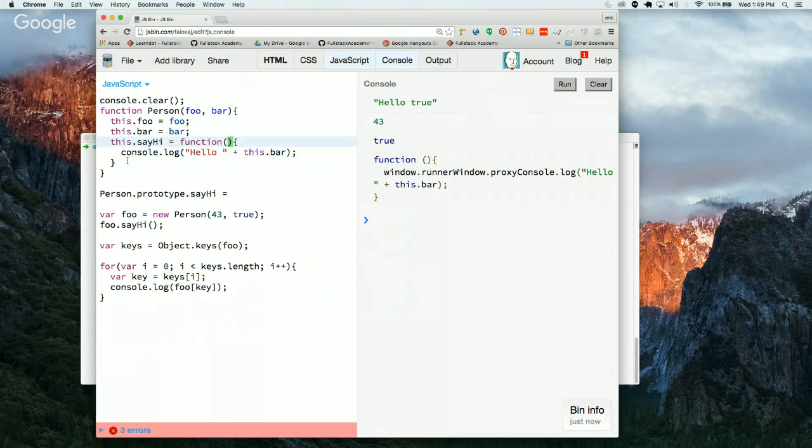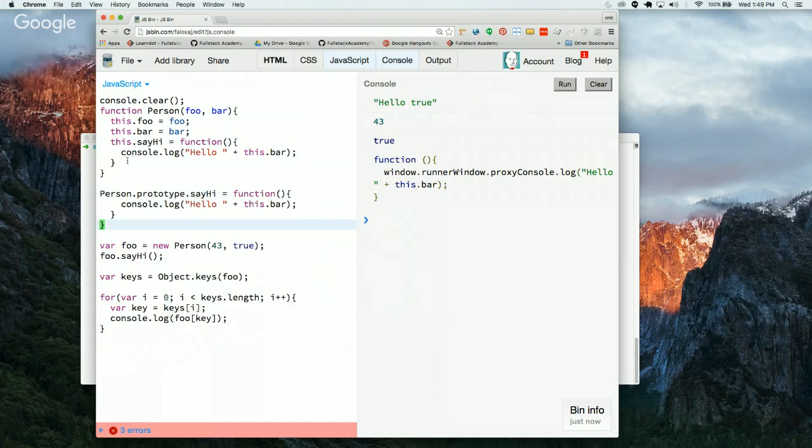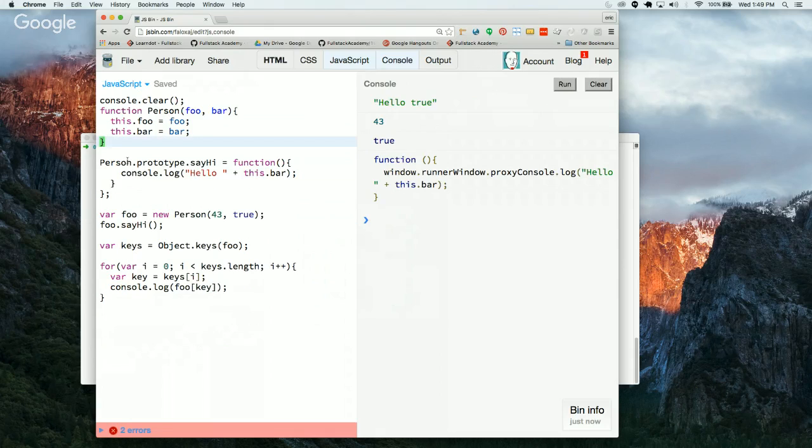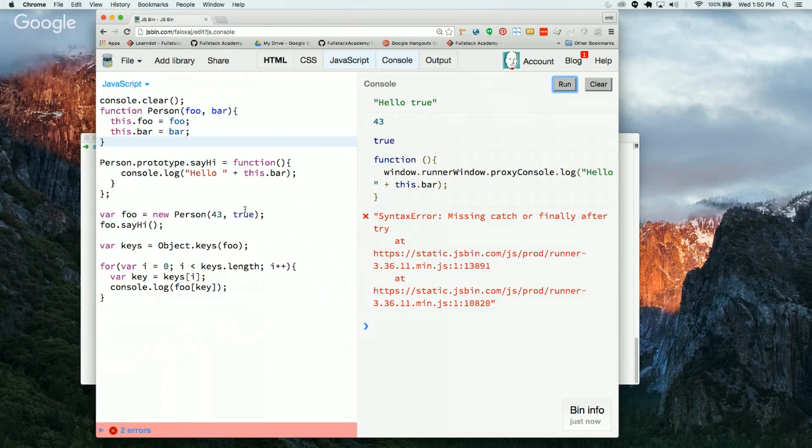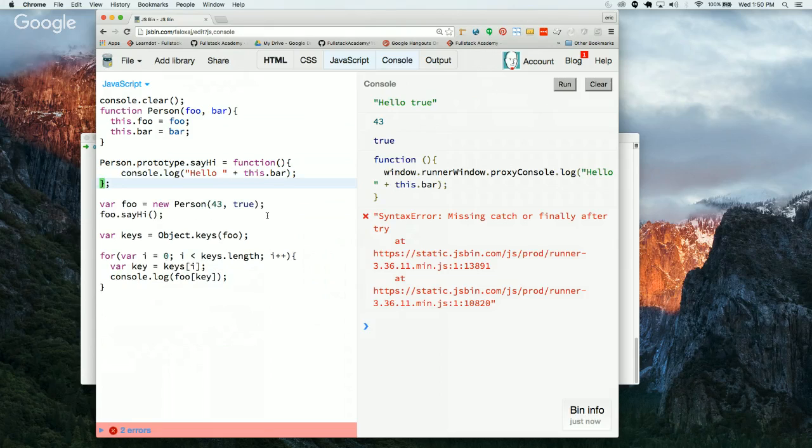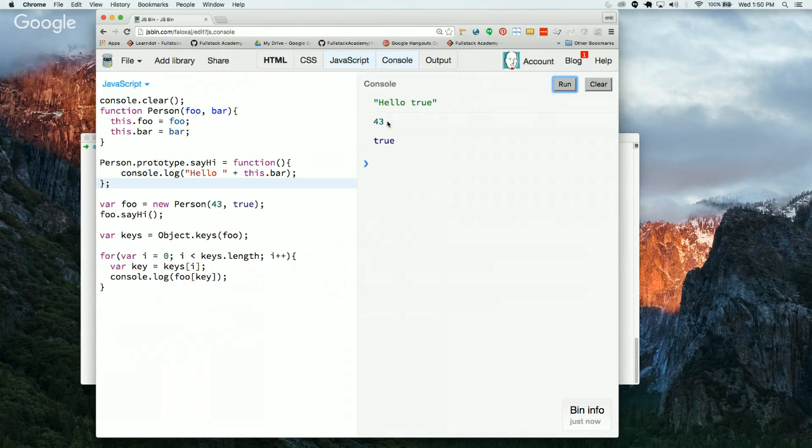equals, I'll go over here, and pass that function down here, and I'll get rid of this one here. Right? So if I go to run this, let's take a look. sayHi. I think I've got an extra brace there. So I've got 43 and true,